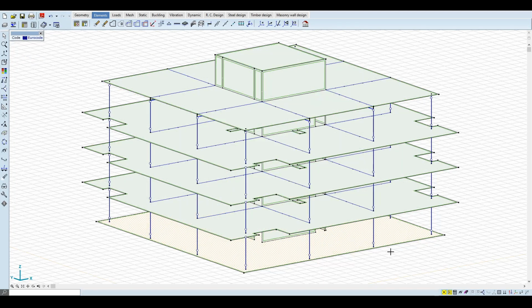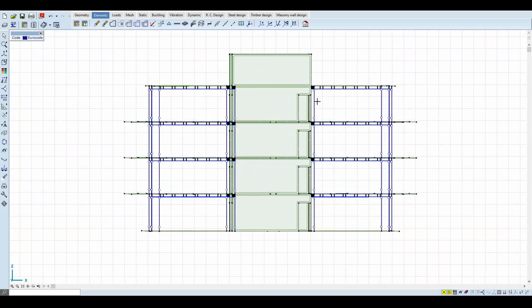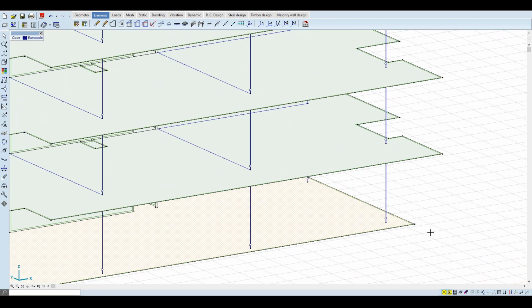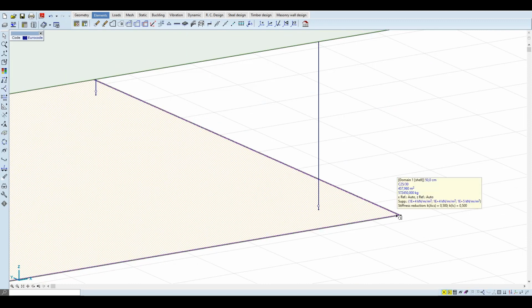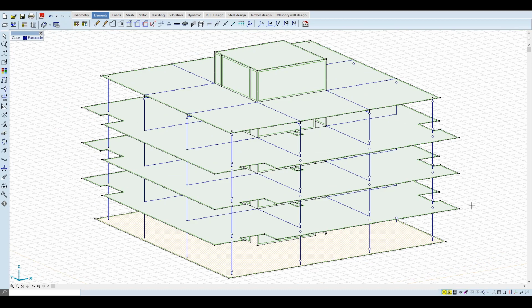The bottom slab and the slabs are modeled with shell elements. The columns are beam elements with hinges at the bottom and at the top, while rib elements are used for the integrated beams. The building is supported by a bottom slab, so surface support is used to model the soil stiffness. The dynamic spring stiffness is 100,000 kN per square meter per meter in the vertical and 10,000 kN per square meter per meter in the horizontal direction. It is important to use the dynamic stiffness of the foundation if you want to carry out a seismic analysis.